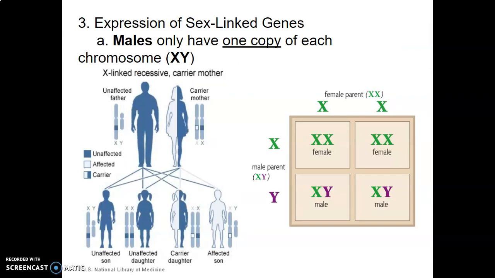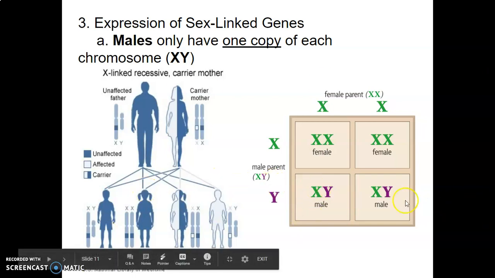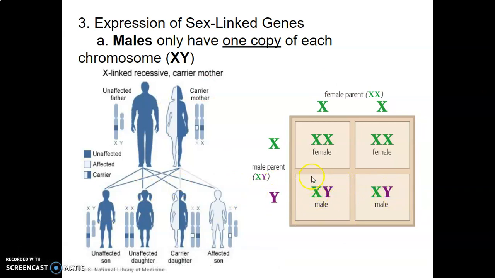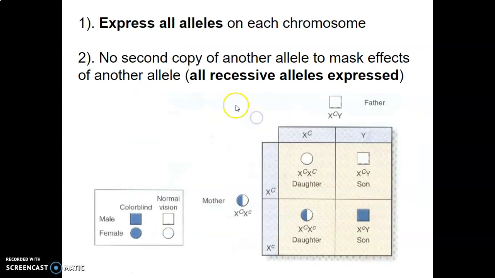All right, so let's think about males here. Males only have one copy of each chromosome, X and Y. As we see in this Punnett square here, here are the two male offspring. It gets the Y from dad. That's what makes it a male. And then it gets the X from mom because that's all she has to pass on. She's going to pass on an X. Okay? So the male